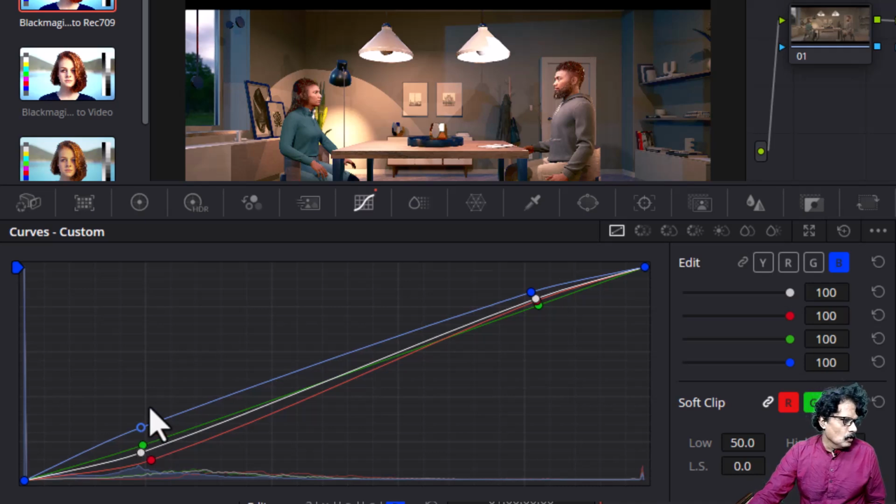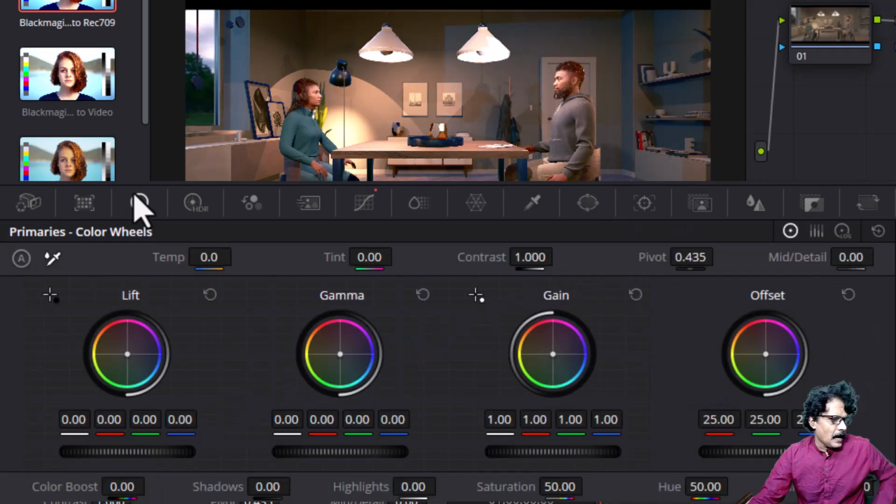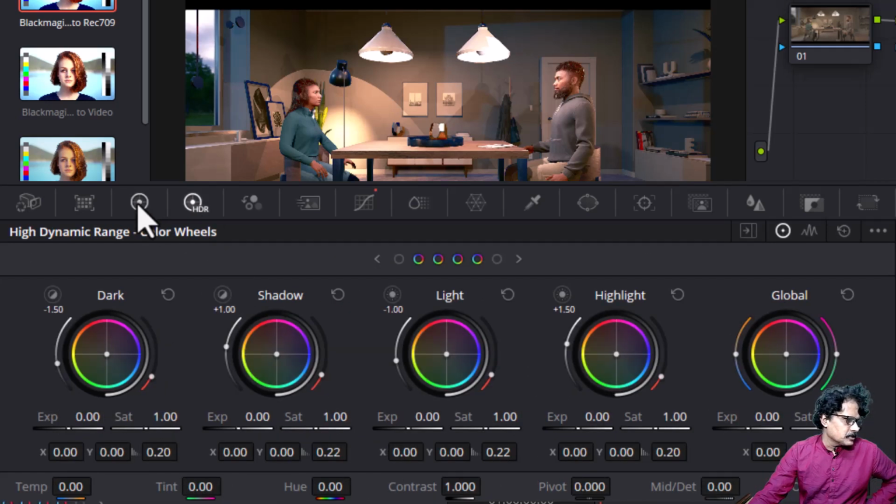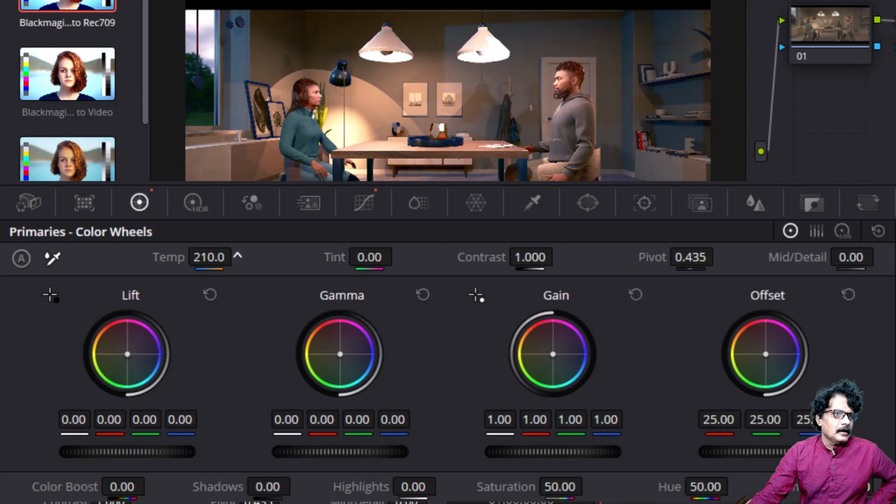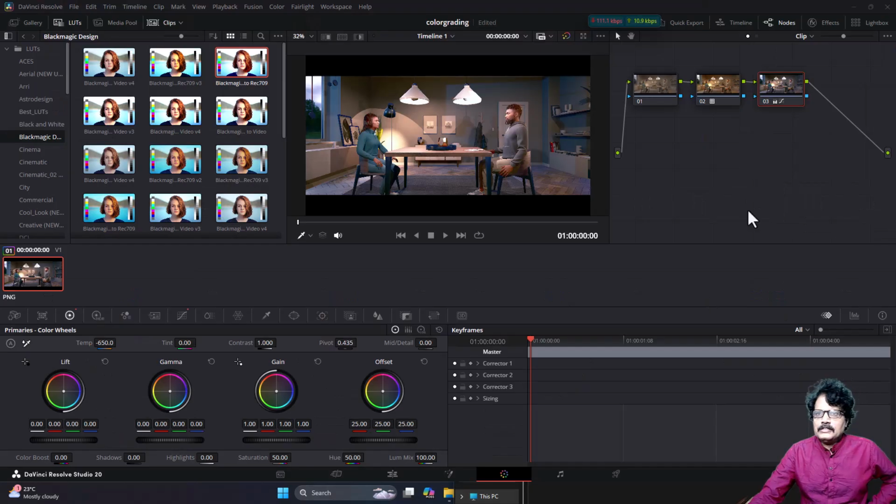And also, if you come into the tab here, you have one option called color temperature. So, you can see the color temperature, and I can set it here. I can move it to the left to make it yellowish, or I can make it negative to make it bluish. So, I will slightly make it bluish like this. Once I am happy with this